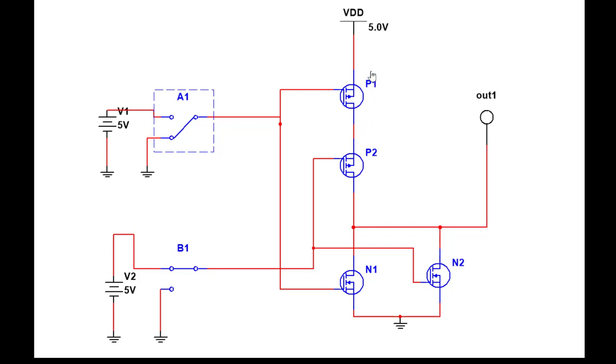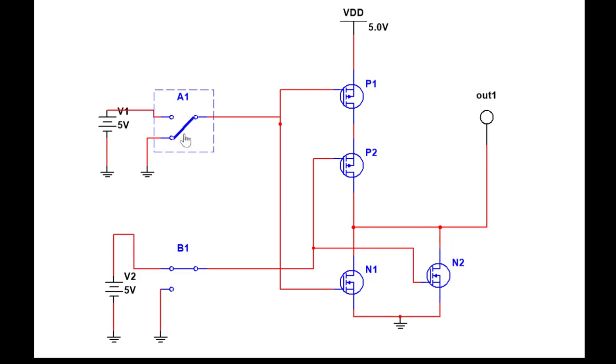When one of the transistors in the upper side is open circuit, you don't have any effective connection towards the power supply with respect to the output side. As a result, you are going to get output 0. When both are 1 1, both PMOS transistors will be open circuit, so there is no effective connection towards the power supply side, whereas both NMOS transistors will provide effective connection to the ground with respect to the output. That means your output will be connected effectively to the ground. As a result, you are going to get output as 0.